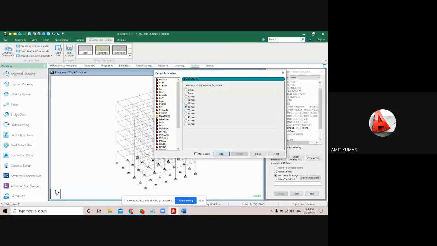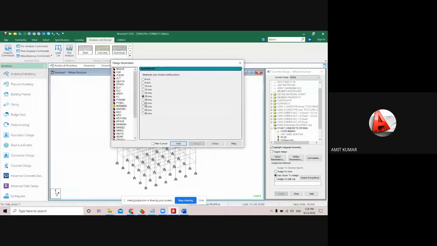Maybe after applying this value, the software will give you an error. In that case, you have to change this value. That means maybe it will tell you that reinforcement is less. In that condition, you have to increase the maximum size of the main reinforcement bar. Okay, and maybe the software will work with this value also. So currently I'm just going to provide the main reinforcement value as 20 mm.